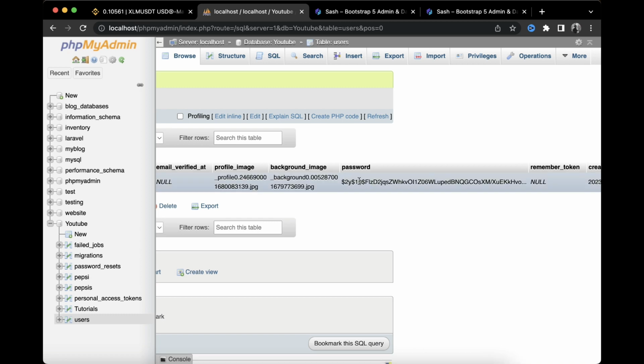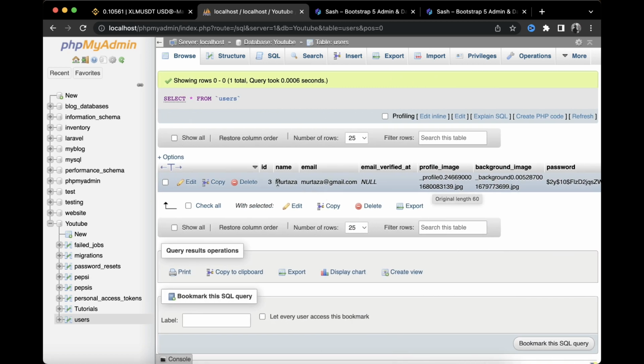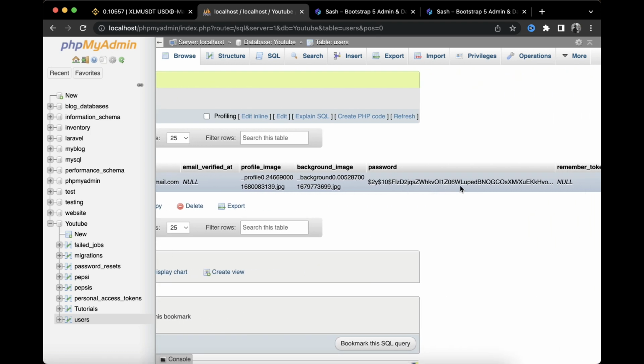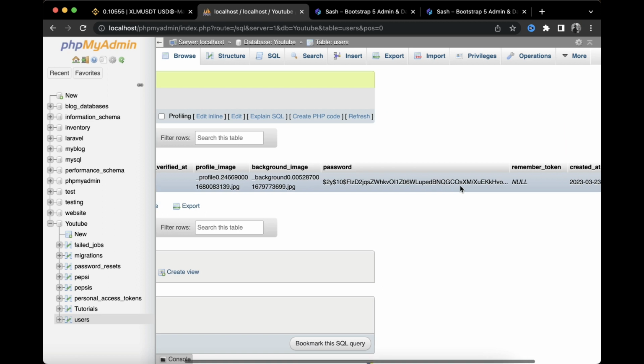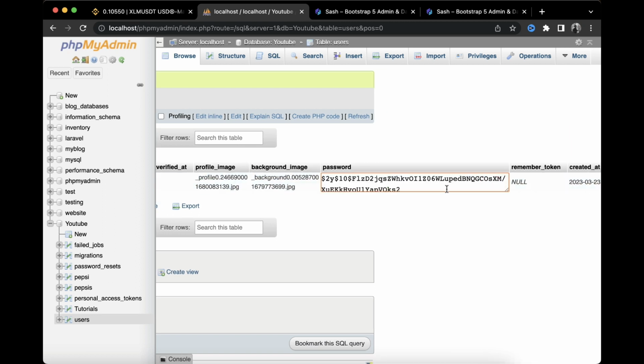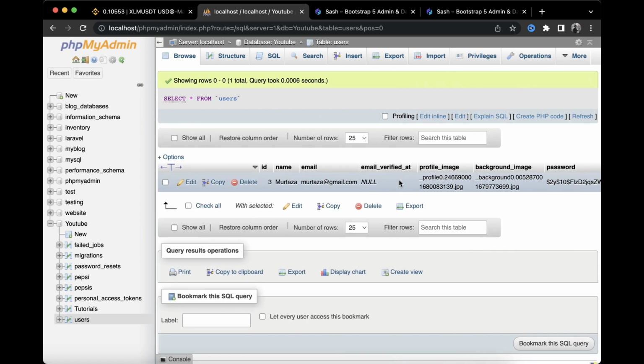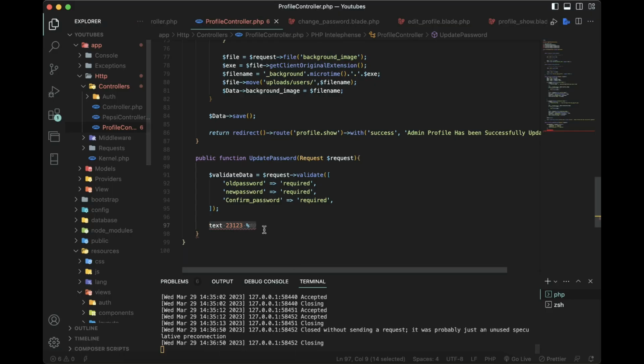So this is what hashed password looks like, and it's from my user, the one that I created. Now my password is admin1234, but as you guys can see here, it hashed it, and it turned it into a lot of these numbers, characters, symbols, and it completely changed it, so a hacker won't be able to find our password, or even a normal person won't be able to read our password. Now to do that, I'm gonna go here,